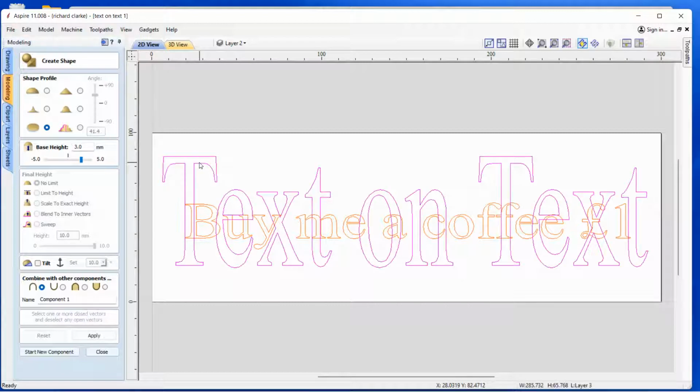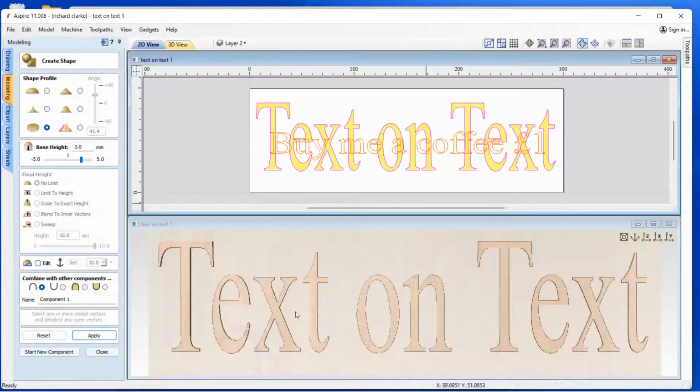Now I'm going to set my large text so it's raised 3mm from the base. So you set the base height to 3mm, which is already set here for me. Down here, combined mode, we can leave that as it is. That one's fine for now. And then click apply. Now let's switch on the 3D text. So now you can see our 3D large text has been created.